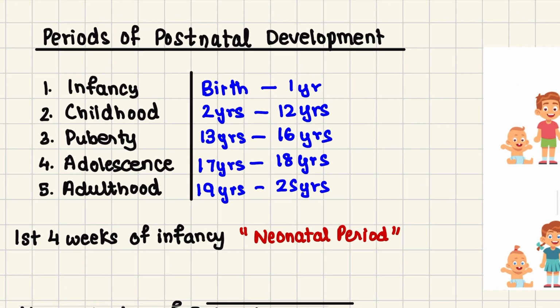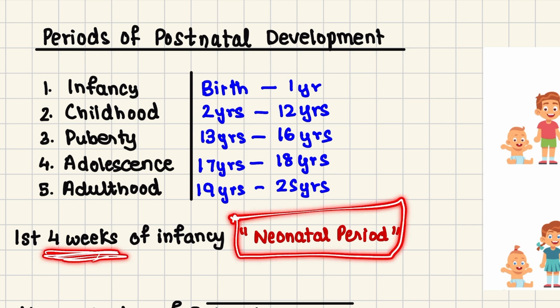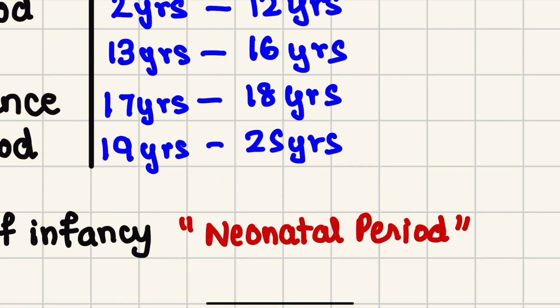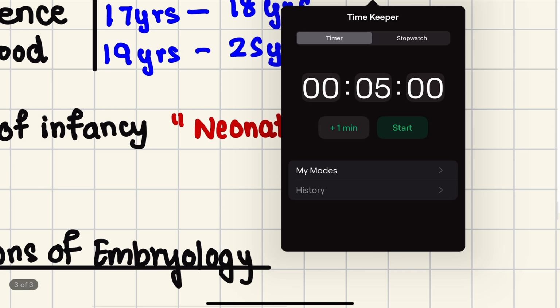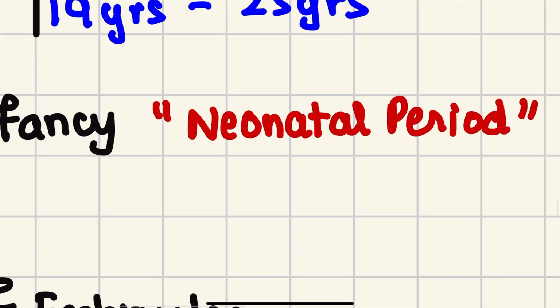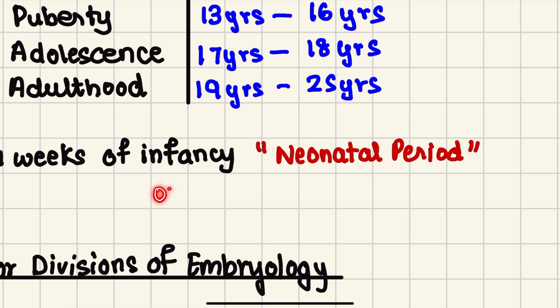Okay, one important thing in infancy is that the first 4 weeks of infancy is termed as the neonatal period. This is very important and very critical for the survival of the newborn. Why? Because the newborn is just born. The organs are not very acquainted or not used, in simple terms, to the external environment. So it takes time for adaptation